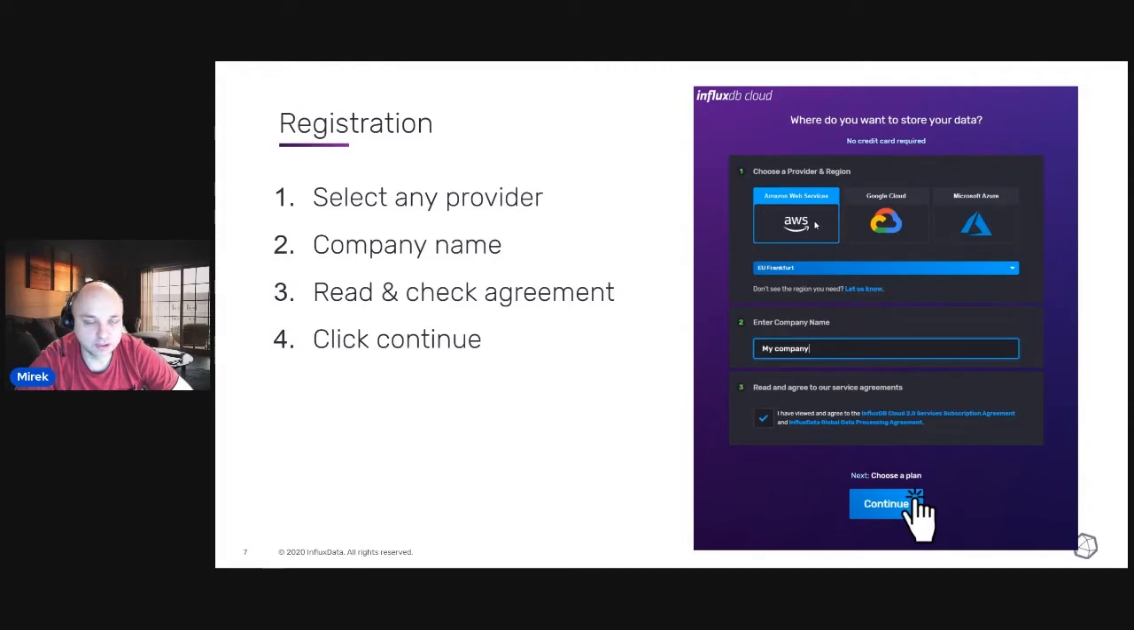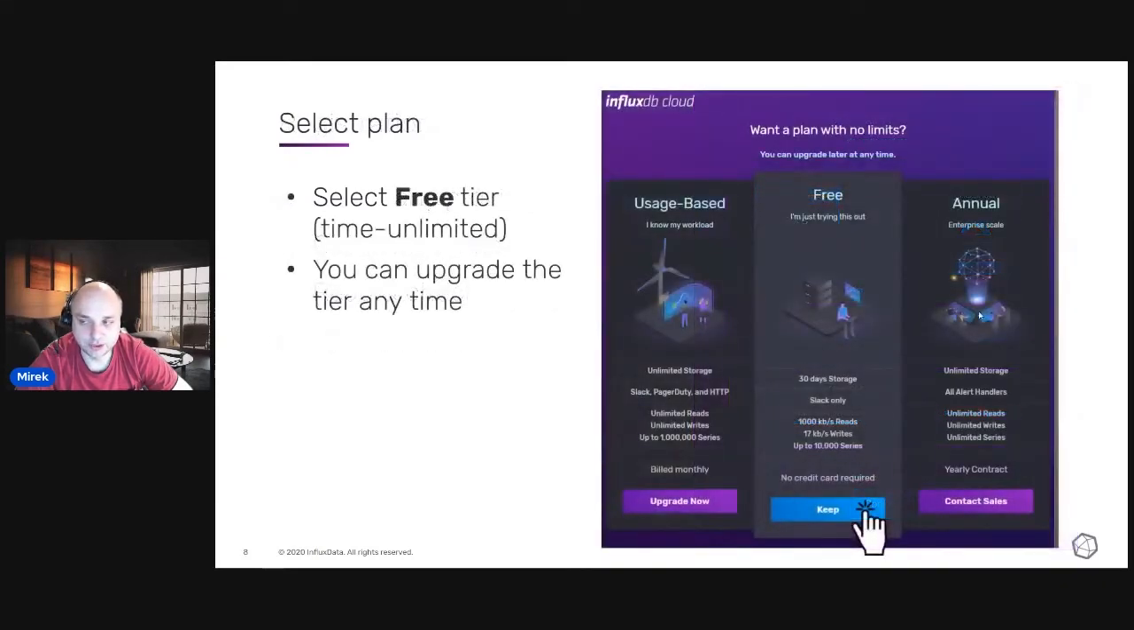You've got 3 options: AWS, Google Cloud, or Microsoft Azure. You can also select the location where you want to have the InfluxDB instance up and running. Then you need to enter the name of your company, and once you confirm the agreement, if you agree, you can continue to the next page, which is the selection